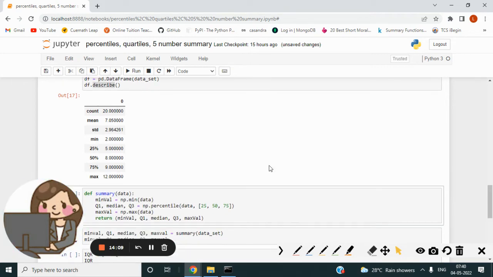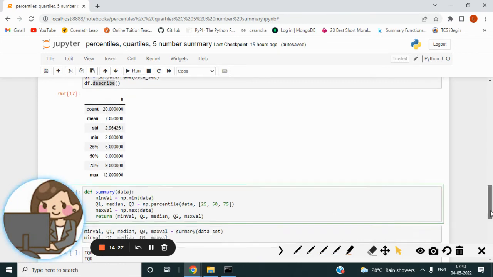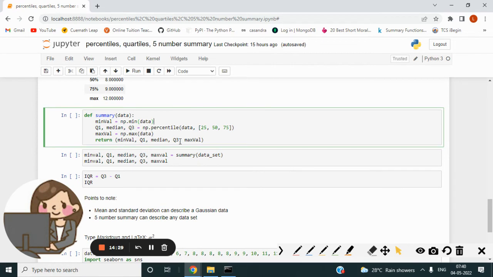We are getting the count, the mean, the standard deviation, the min value, the 25th percentile, 50th percentile, 75th percentile, and max. Okay, so this is how pandas is used to describe a data set. Now similarly, if you want to find the 5-number summary, what you can do here,